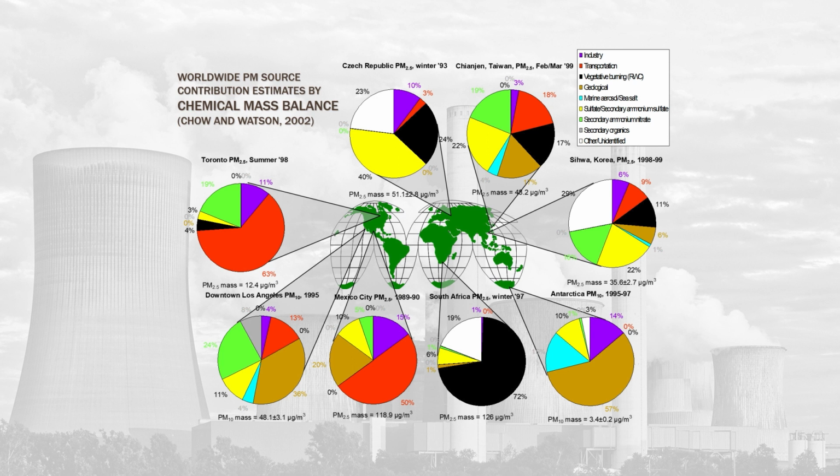For example, in Asia, 40 percent of the PM is secondary ammonium sulfate, only 3 percent is from transportation, and 10 percent of the PM 2.5 mass is from industry. So this chemical mass balance model can predict the source concentrations like this. It is very useful to determine the sources in an area, and appropriate management measures can be taken using this